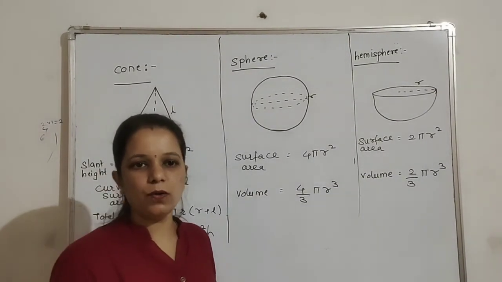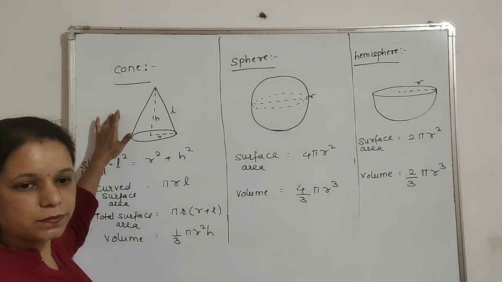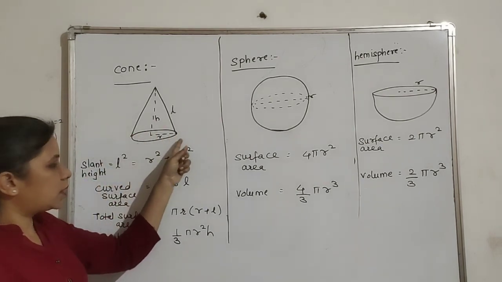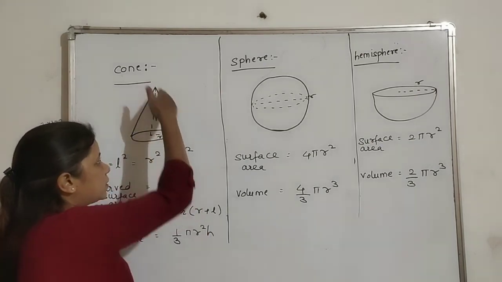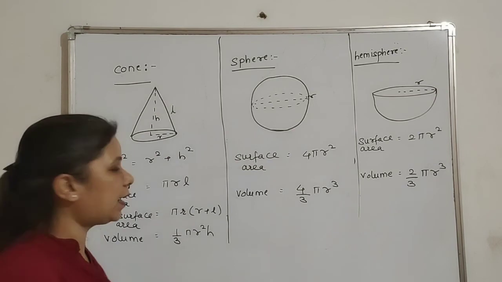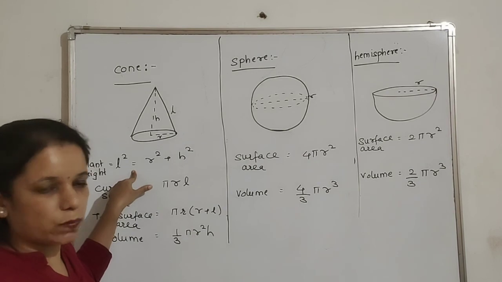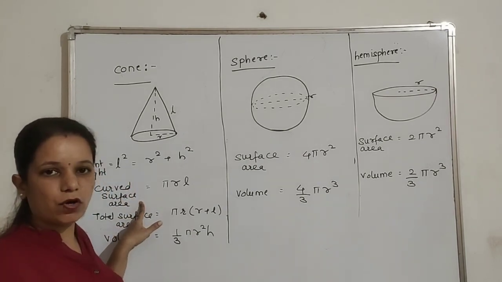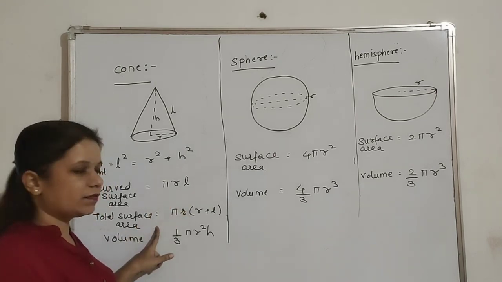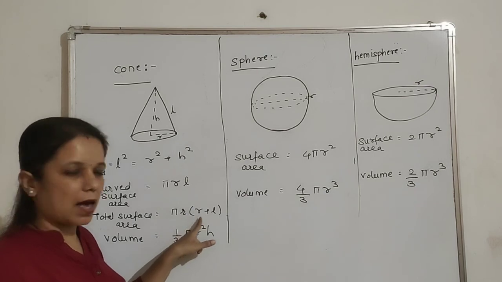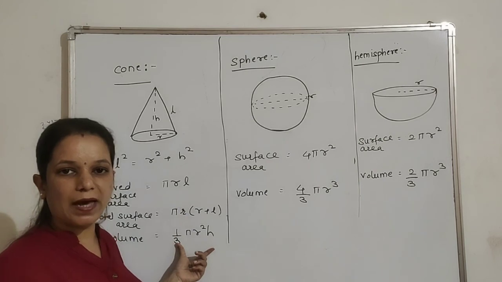Now the last three figures which we have studied earlier. Cone, circular base. For cone we have two heights. One is the slant height and one is the perpendicular height. So slant height is given by the formula l square is equal to r square plus h square. Curved surface area for cone is given as pi r l. Total surface area pi r (r plus l), and volume of the cone is given by the formula 1 by 3